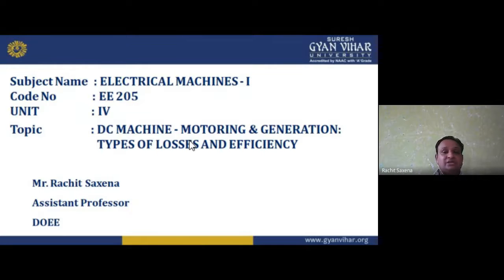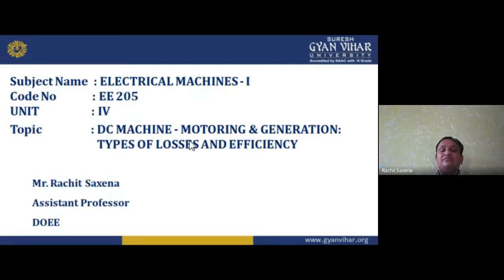If I'm talking about the motor, the types are also the same, but the current direction is always opposite. If the current direction in the generator is like this, in a motor it is opposite. So the equation is, for example, Vt equals Eb plus IRa, and we can say Eb minus IRa for the different motor. Motor and generator have the plus and minus. Then we talked about the EMF equation, which was phi Z N P by 60A. We have derived it. The equation of EMF generated for the generator remains the same for the back EMF of the motor. But for a motor we use back EMF, and for a generator we use generated EMF. I hope you understand generated and back EMF both.